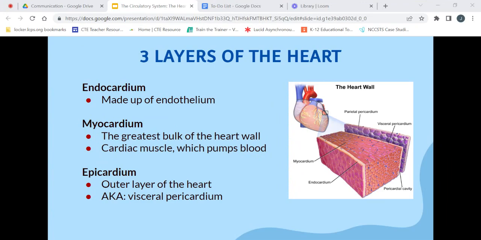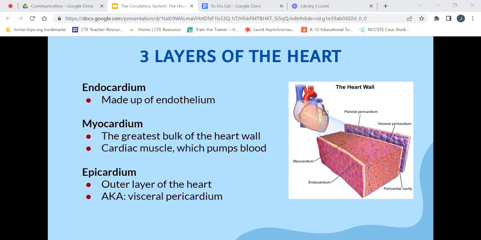The heart is located in the thorax between the lungs. The wall of the heart is richly supplied with nerves, blood vessels, and lymph vessels. From the inside out, the layers of the heart are the endocardium, myocardium, and pericardium. The endocardium is made up of endothelium, which is smooth epithelial lining resting on connective tissues that consists of endothelial